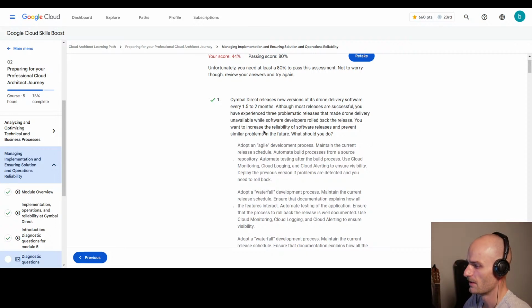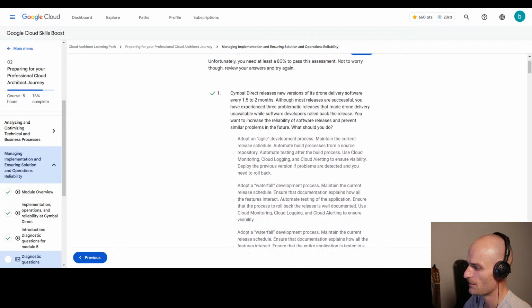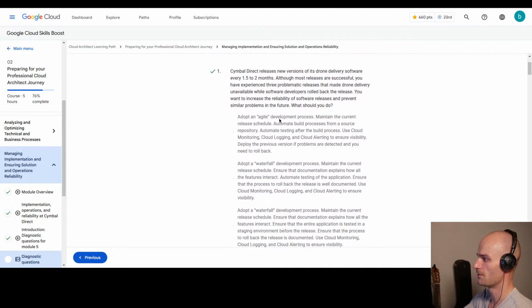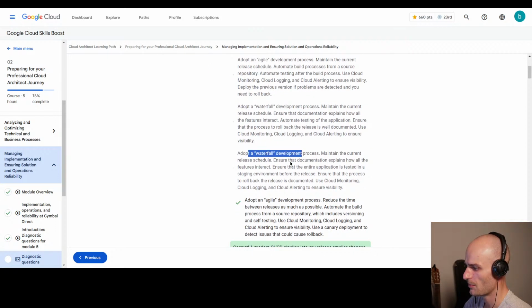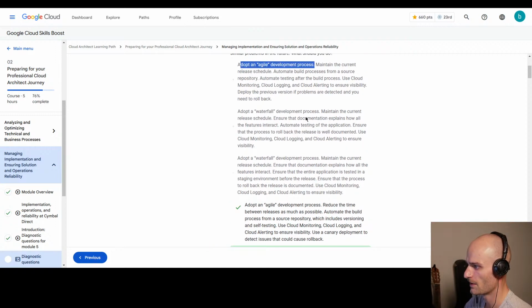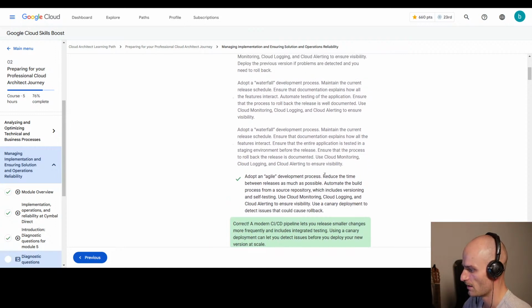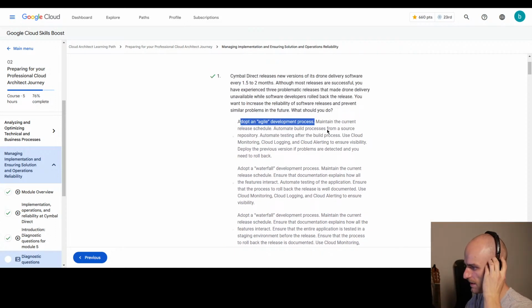So to continue here, you want to increase the reliability of software releases and prevent similar problems in the future. What should you do? Adopt an agile development process, adopt a waterfall, adopt an agile. Okay, so we've been going with agile, and then to reduce time between releases as much as possible, automate the build process for a source repository, which includes versioning and self-testing. Here, automate build process, automate testing,